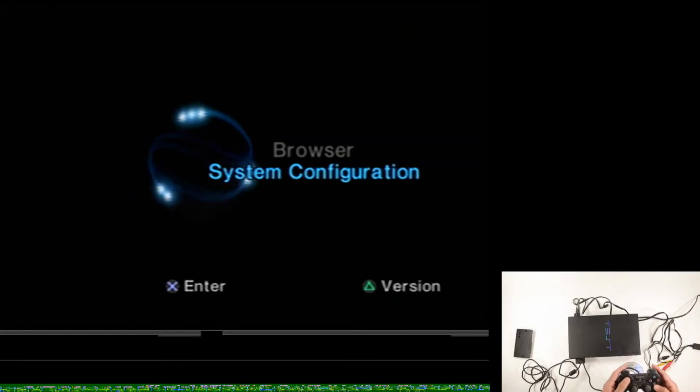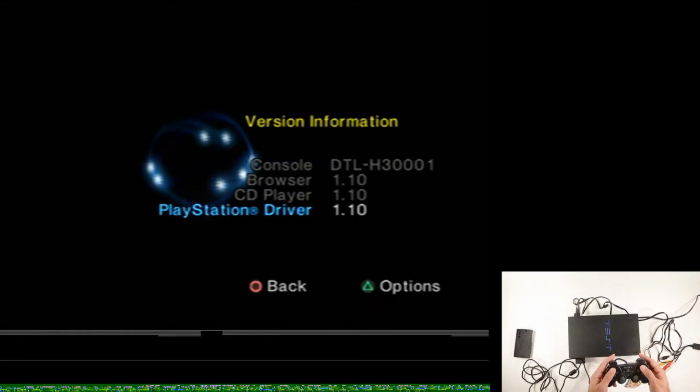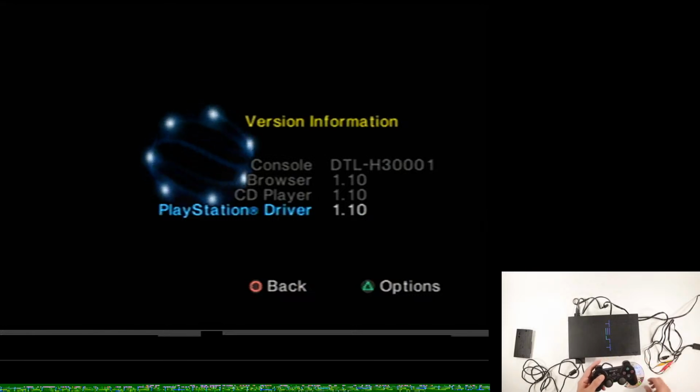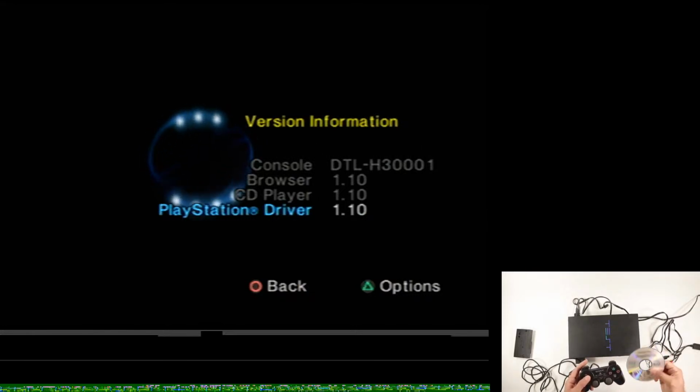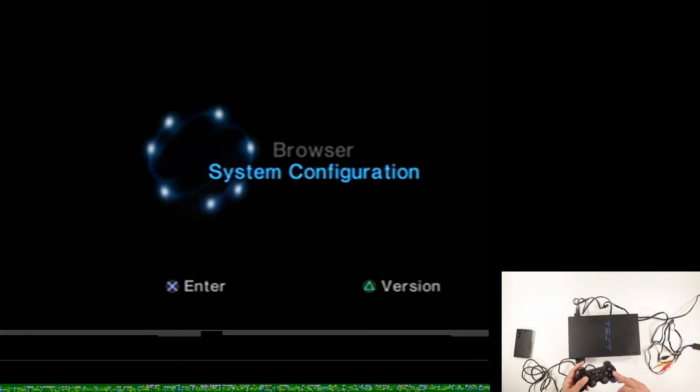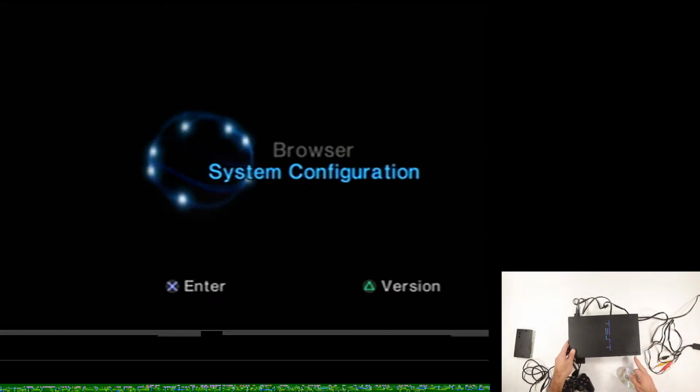A few weeks ago. I'm trying. Oh, there it is. I need to go with version. That's what it was. The version. See that right there? It's version 1.10, and the earliest that I could find was 2.10. And so let me show you what it does. What it's supposed to do